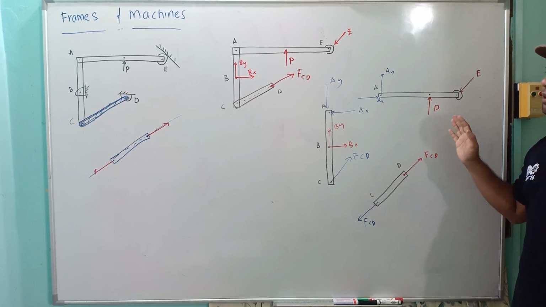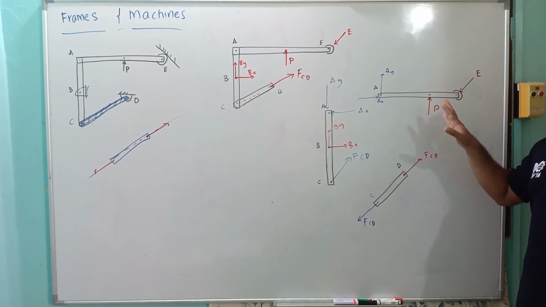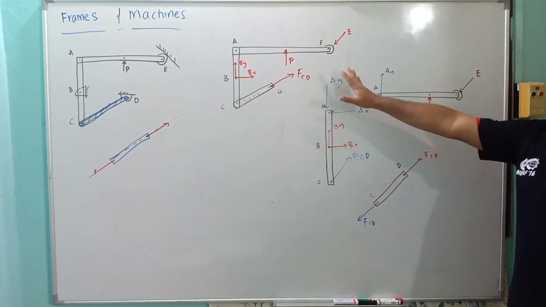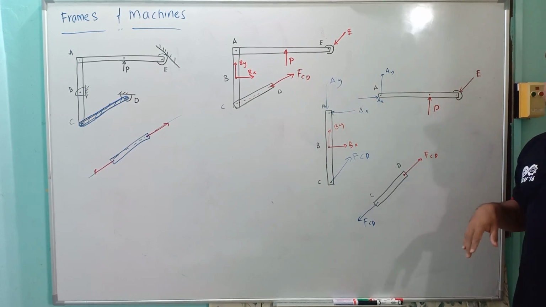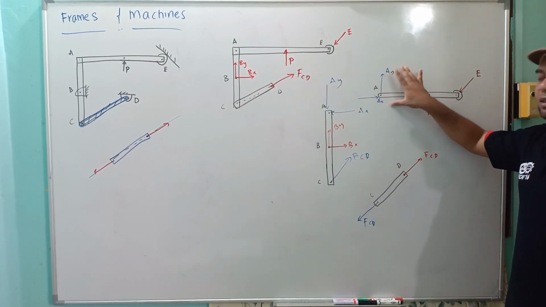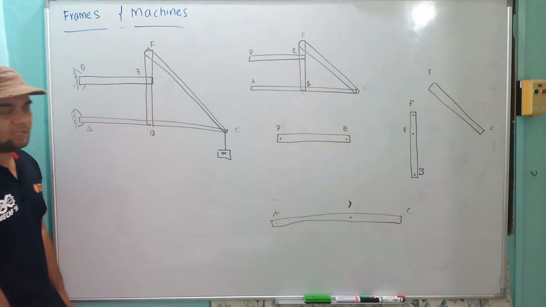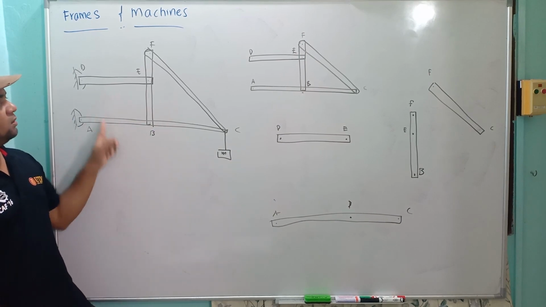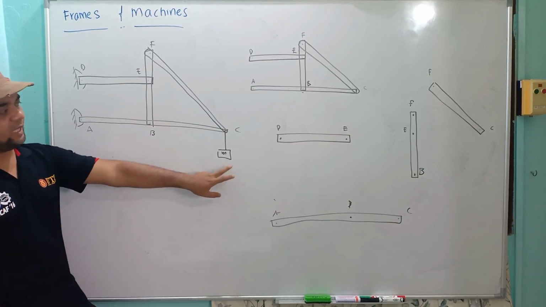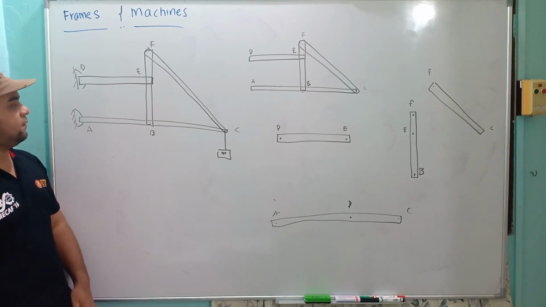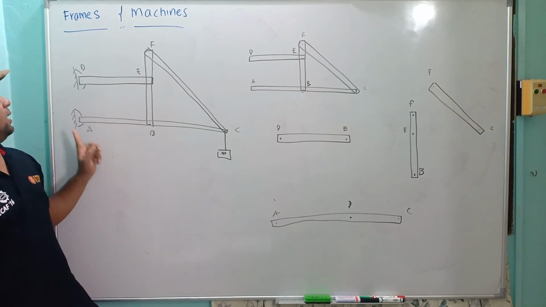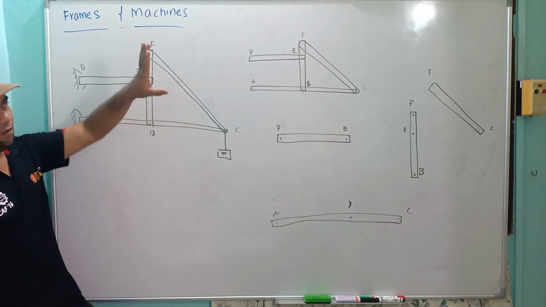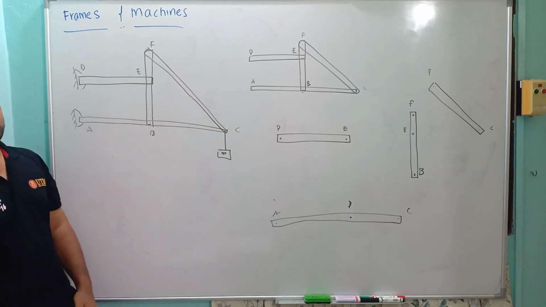Let's look at the third one. The first one we had a normal condition, the second one we had a component with a two force member, and I will show you the third one, the last example, which is more complex than this one. In this third example, a structure with 1, 2, 3, 4 rigid bodies, a mass hanging on point C, and we have two pin joints at D and at A. We have to draw the overall free body diagram and then each and every component.